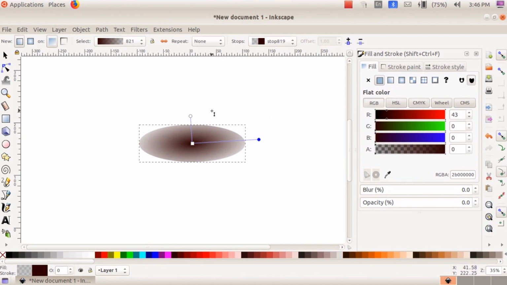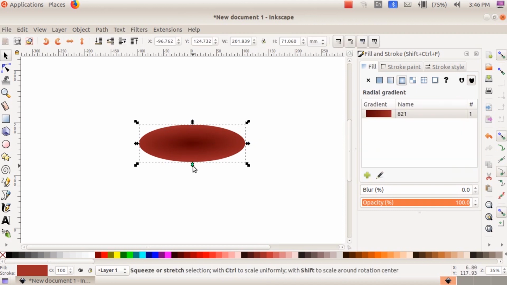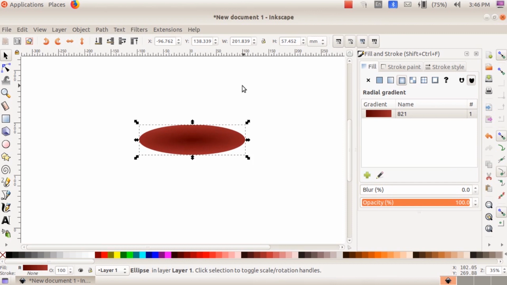If you want to change the color, just click on the center, then select the color. Then click the next node and give the color.